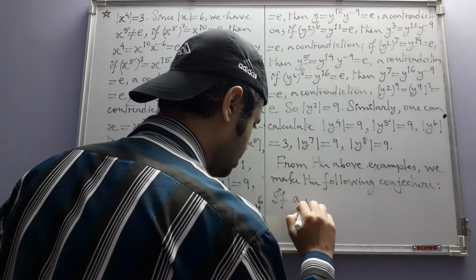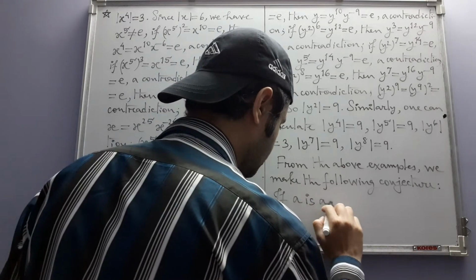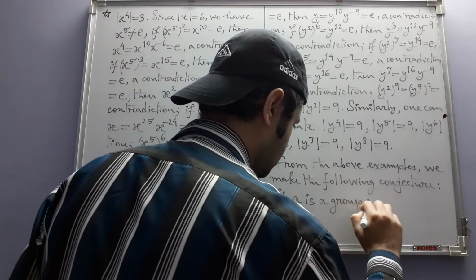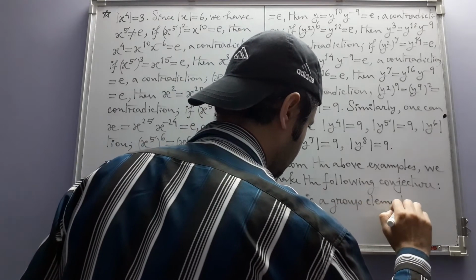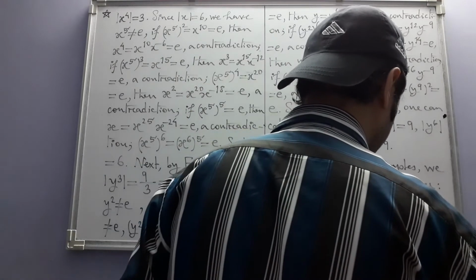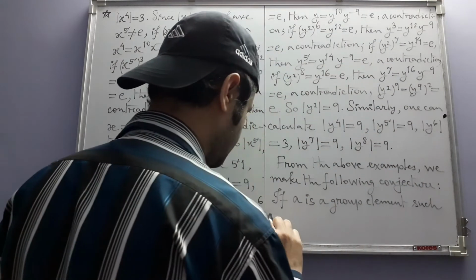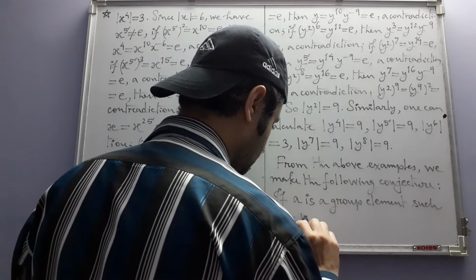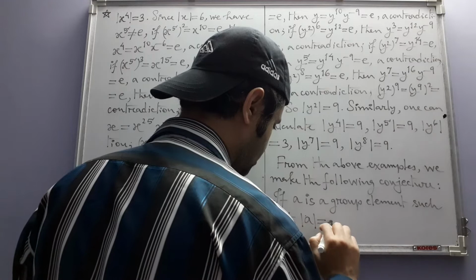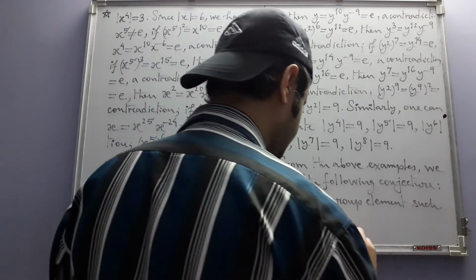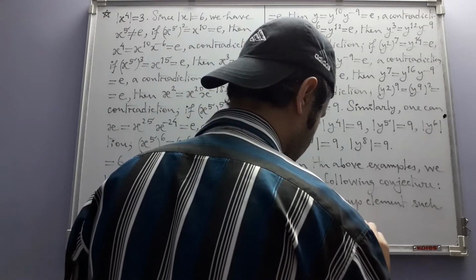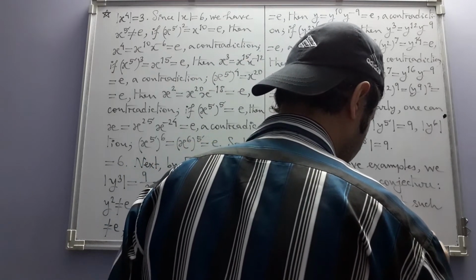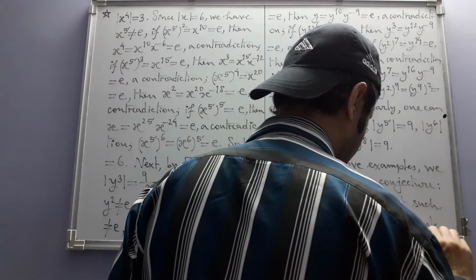If A is a group element such that the order of A is equal to n, then for any integer